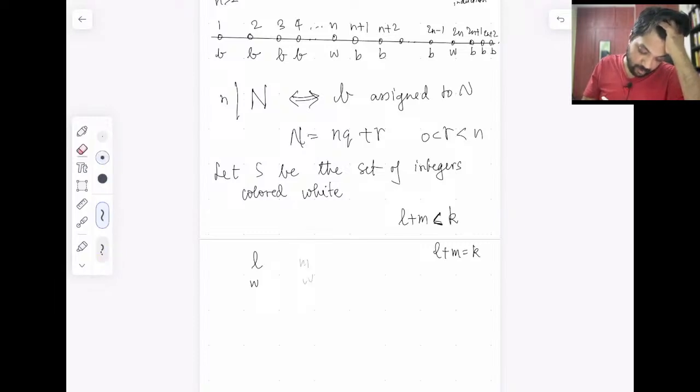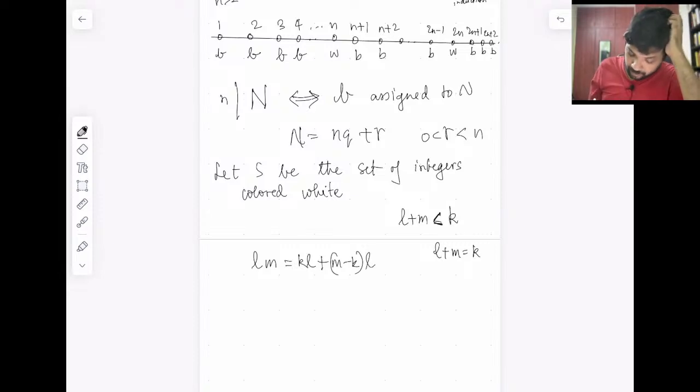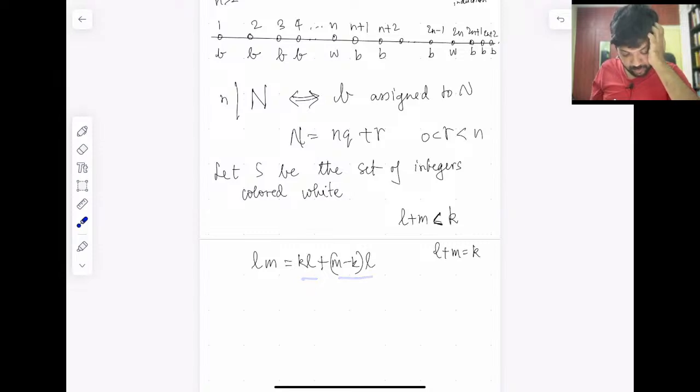So then can we do what you are saying? LM equals KL plus M minus K times L, and we write it as the sum of these two. Individually, L plus K and M minus K plus L will be less than K. Okay. So therefore